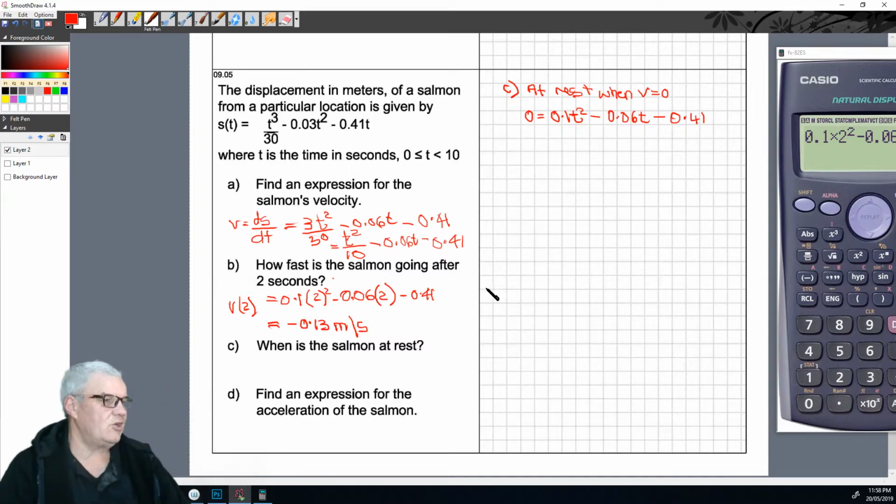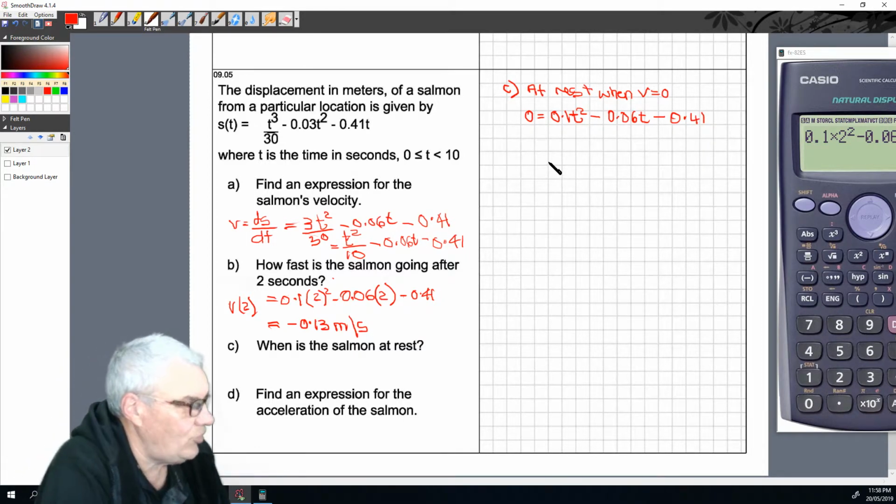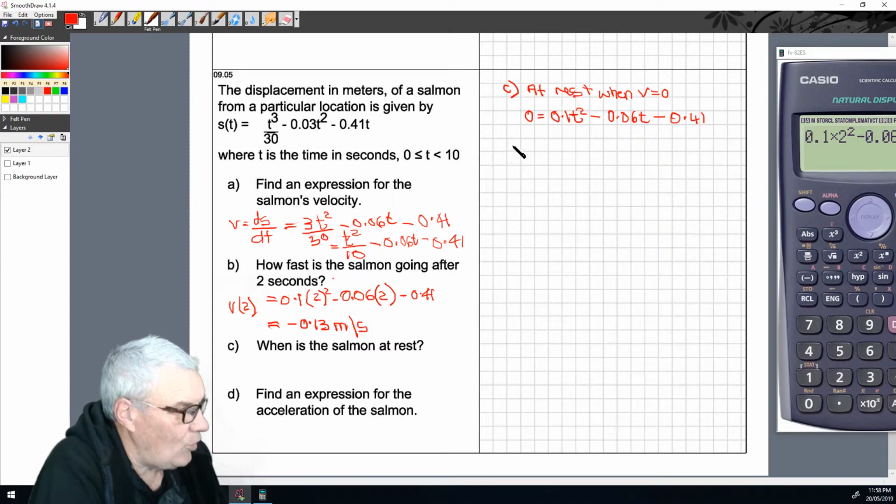And we should recognize that that's a quadratic equation, and we are able to solve that using the quadratic